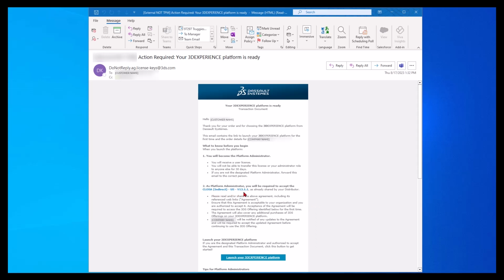You will have received an email transaction document that your 3D experience platform is ready. Please read through this email thoroughly. It includes the initial helpful details for the administrator and platform order details. If you are not designated or intended to be the platform administrator, please forward this email to the